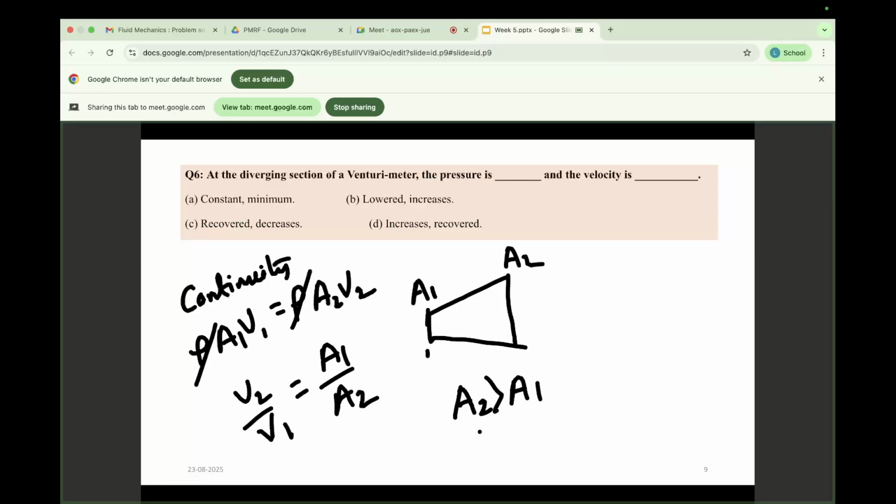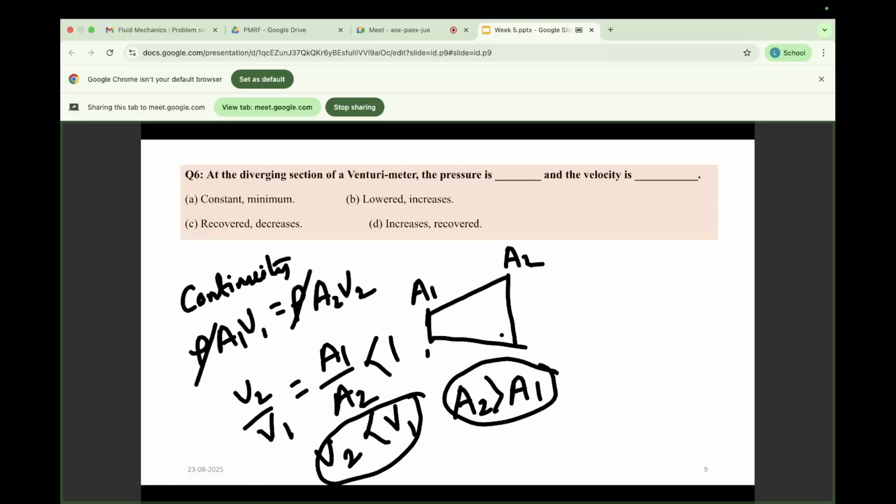As A2 is greater than A1, this term is less than 1. So V1 is greater than V2. That means if the area increases, the velocity will decrease. So that's why velocity decreases. Okay, so we got the details about this velocity. Now for the pressure, we know from Bernoulli's equation that